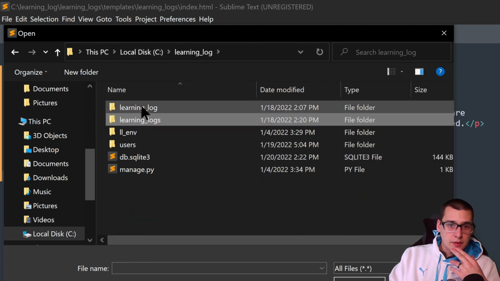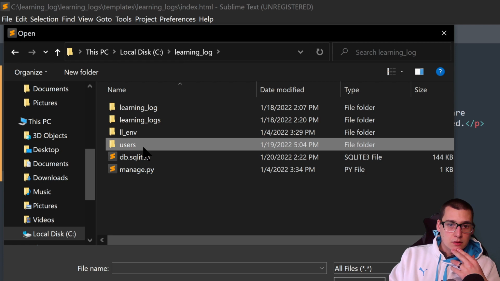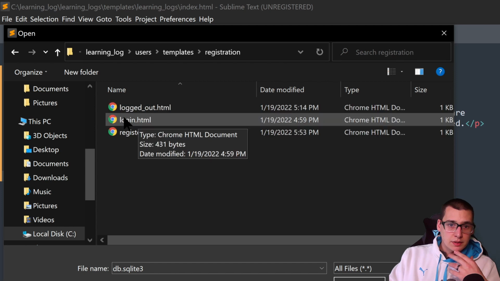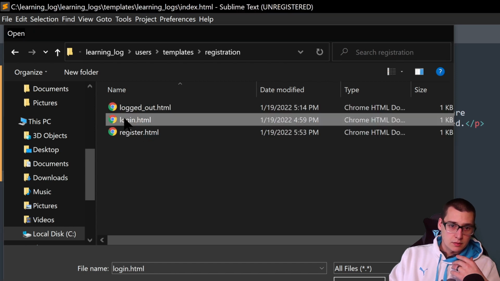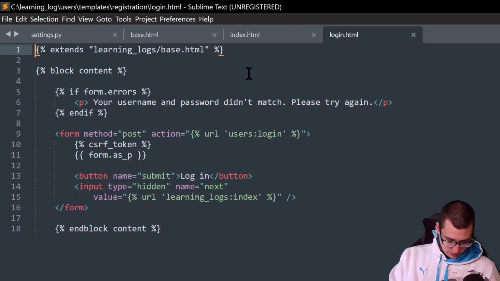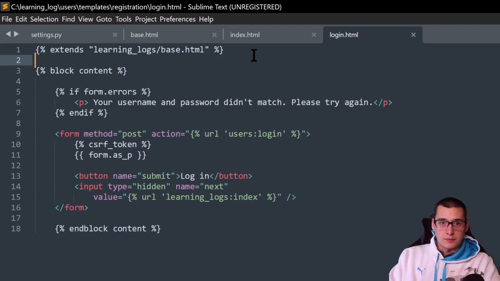Is that in users maybe? Yeah. Okay, cool. So we're going to add some stuff into here. It doesn't look like we change everything, so we'll keep what's here already. We're just going to add